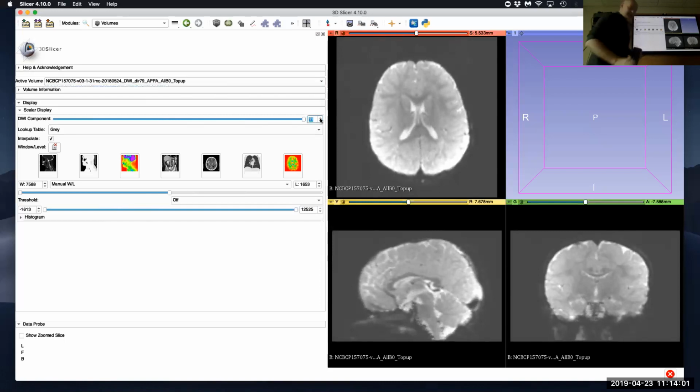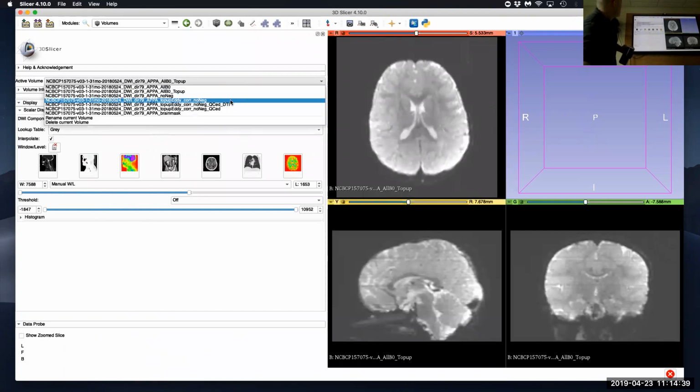And also what you can see is that a fair share of those B0s probably should be removed, like those that have artifacts down here or on these here. So one could really think about why you may want to first run some kind of DTIPrep to get rid of the bad B0s and then run TOPUP. The downside, and I mentioned that last time, is that you have to adapt your scripts to be a little bit smarter, because your configuration has to change from image to image. Following that, we're applying TOPUP and eddy,